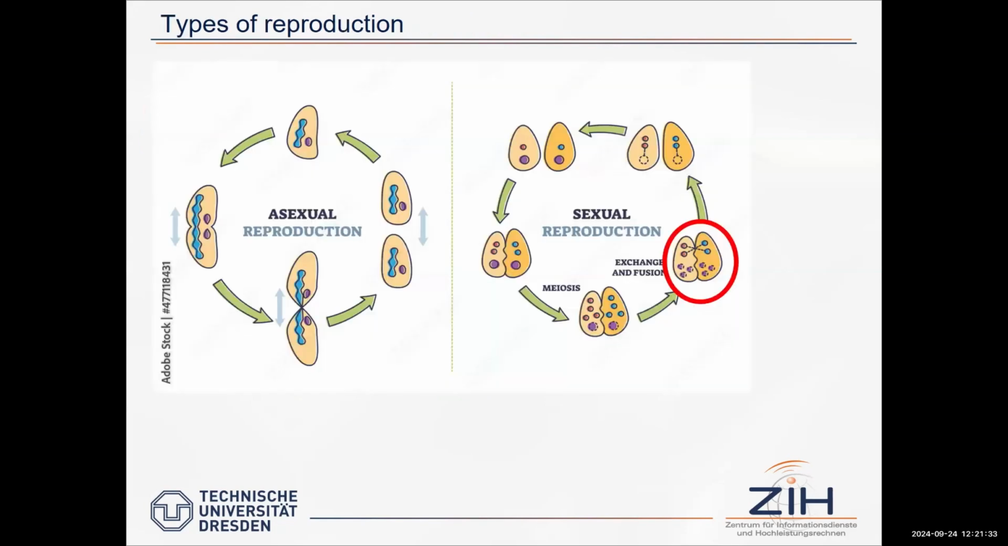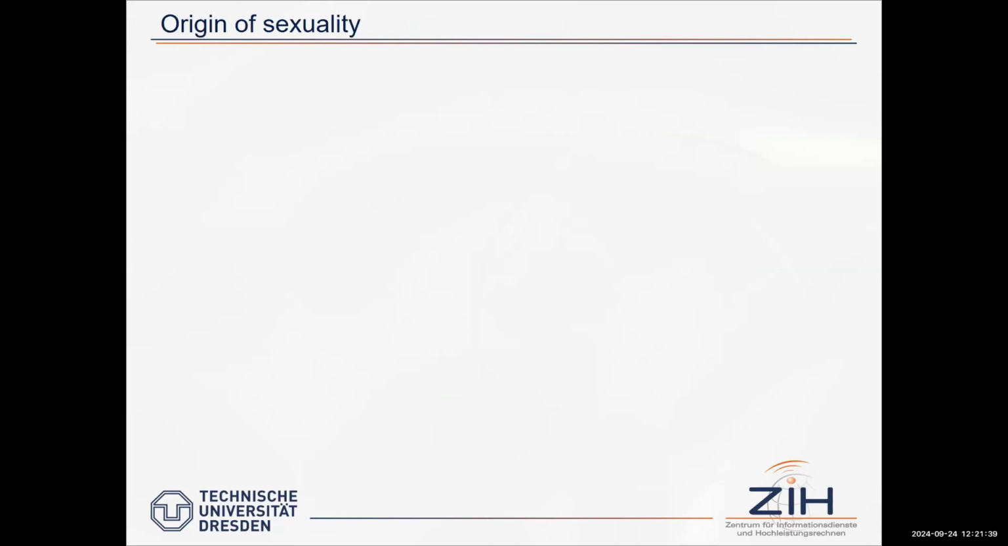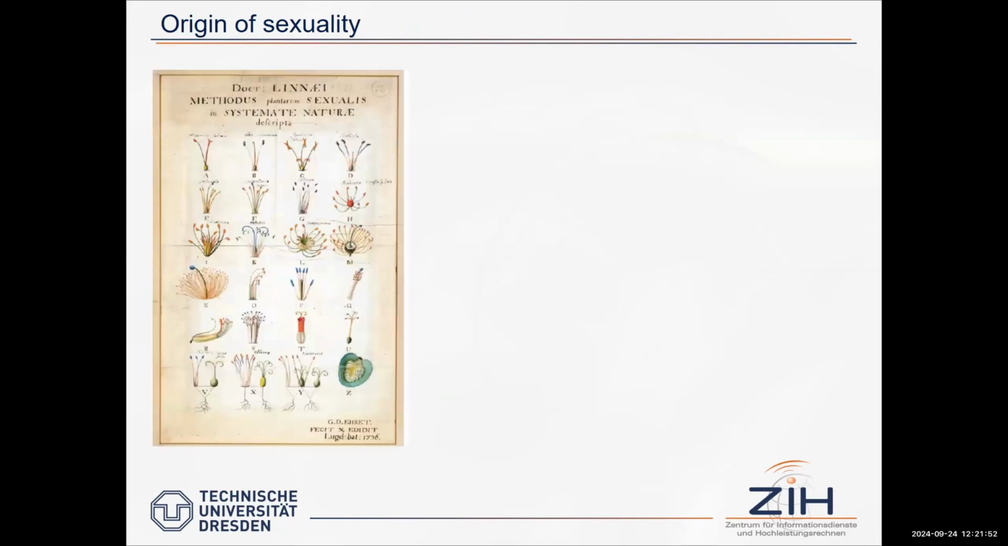There are two main types of reproduction, asexual and sexual. And you might think that sexuality is an old term. Where did the term originate, do you know? In botany. And we owe this term to Linnaeus. In Systema Naturae, he suggested